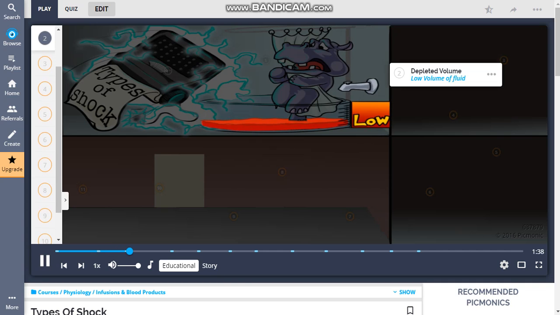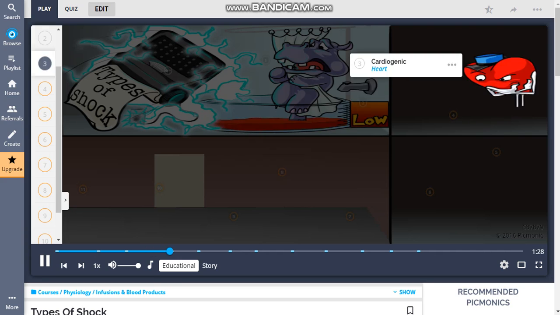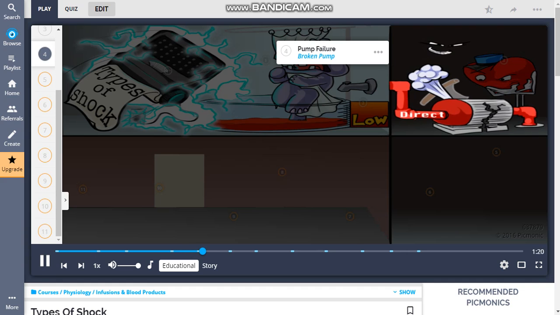These patients have depleted volume through a variety of etiologies. The low volume of fluid in his bathtub, in which a killer throws a shocked typewriter to electrocute the hippo. Cardiogenic shock, the heart maintenance man, occurs when the heart is unable to keep up with the metabolic demand, and can be described as physiologic pump failure, the broken pump which lured him into the pump room, where he's about